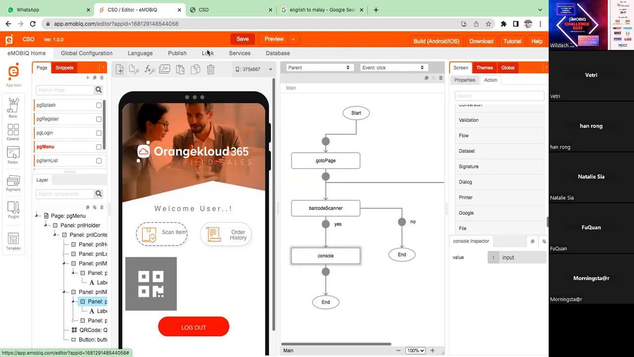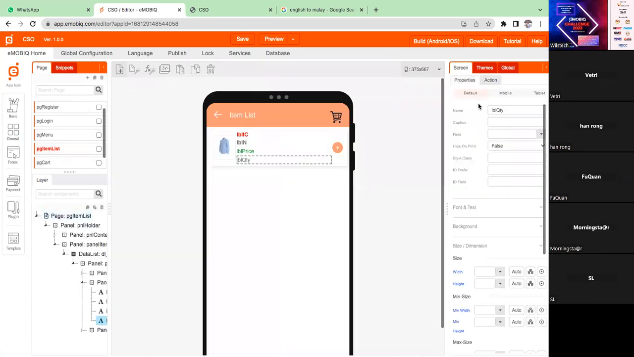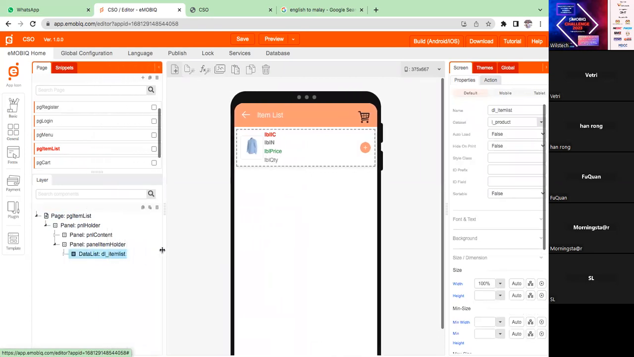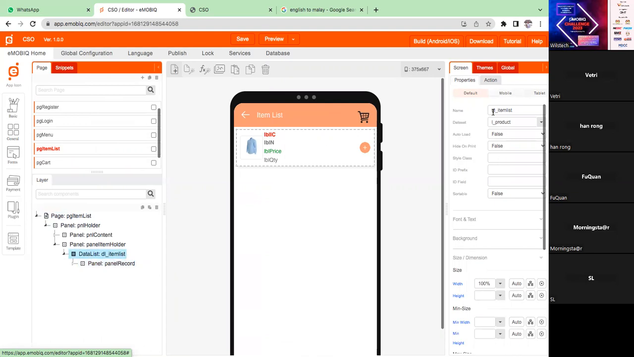So this one I will show you, how we are doing the listing display. As we know, we have a page called item list. In the item list, we designed one. You can see I imported the data list here. Inside the data list, I designed one particular record like this. This is the record I just designed, and I put it on the data list. If you click the data list, you can see the properties. Here I put the data set. This data set means what? I will display the